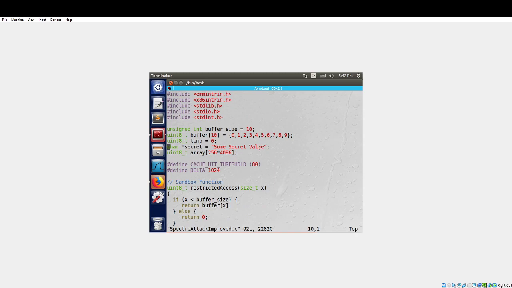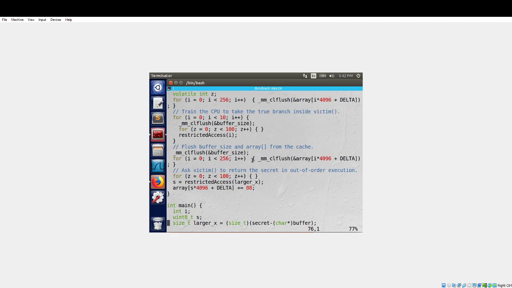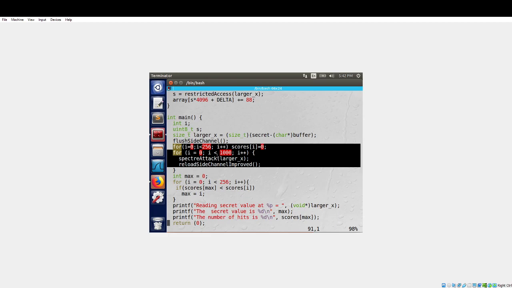So looking at it now, there isn't much difference to the main part of this code. However, once we get down here, this bit of code will be running that previous attack that we did, where we got 0 and 83 over and over again. This is a way to fix the background noise, the bunch of zeros that were popping up, the false positives that were messing with our results.